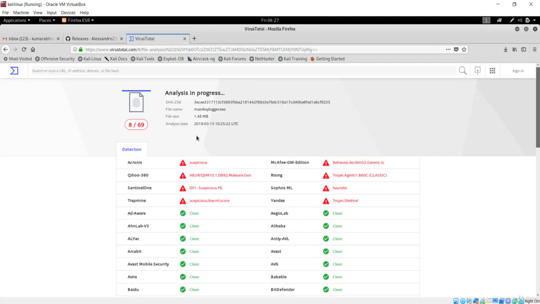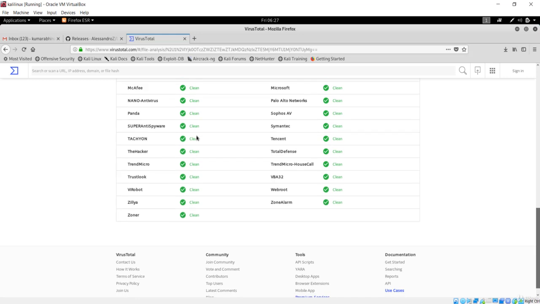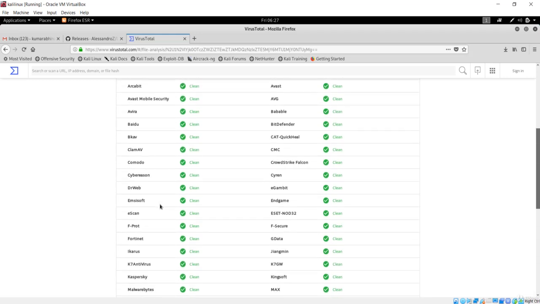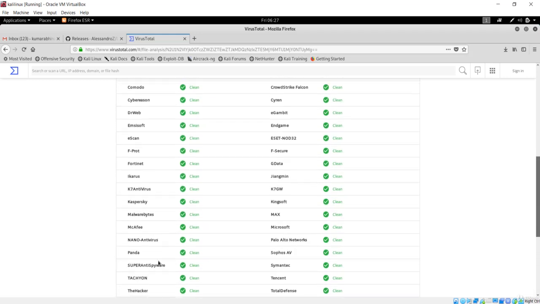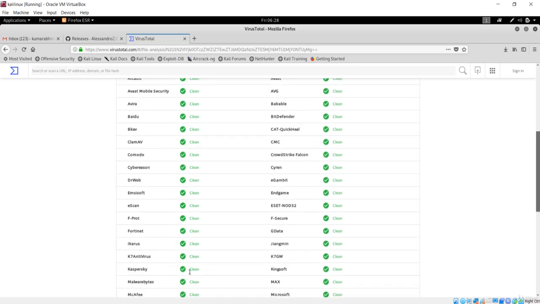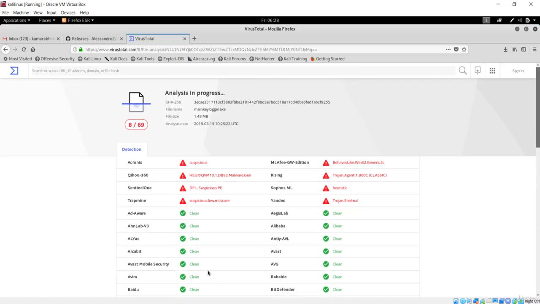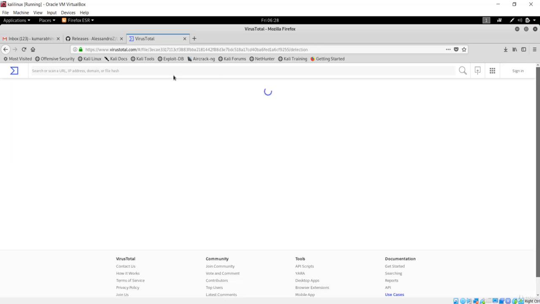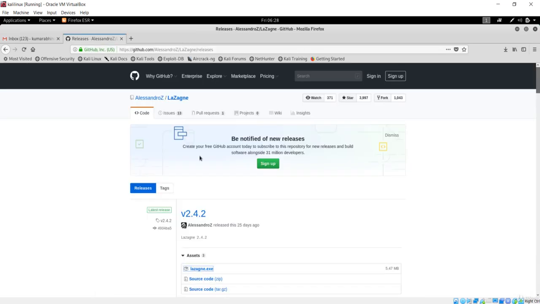Our antiviruses have tracked some of these applications, but the top antiviruses like McAfee and Kaspersky have given us a clean sheet that this is not a virus. Let me close this now.